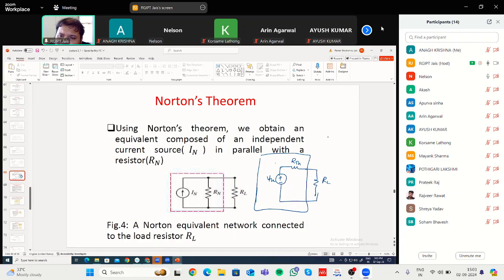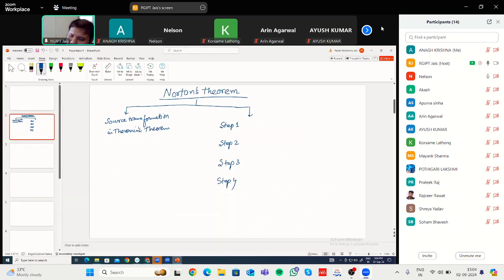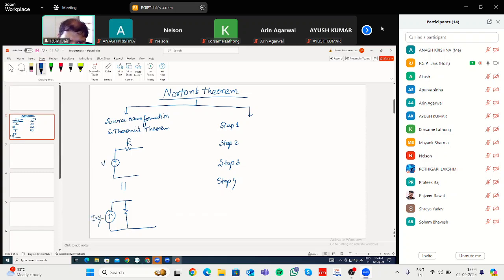Now in Norton's, instead of this voltage and resistance, you have to represent it in terms of current and resistance. One way, directly from Thevenin's, is to apply source transformation. That means a voltage source with a resistance in series is equivalent to a current source and the same resistance value in parallel. Let us say this is R, this is V, then this will be I, that is V by R, and this will be your R. So if you apply source transformation to Thevenin's equivalent, you will get